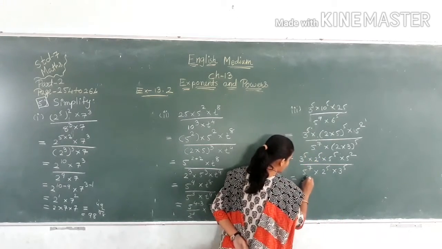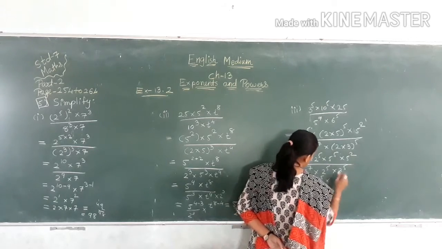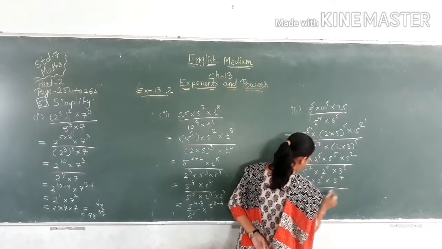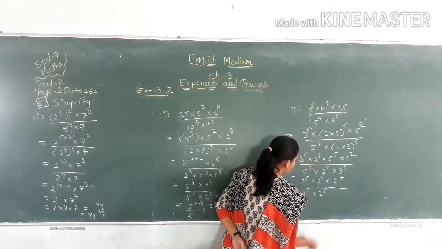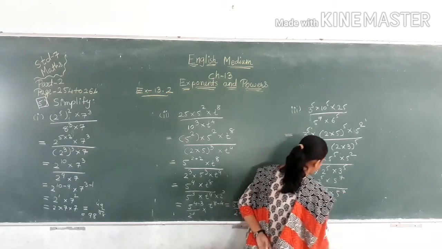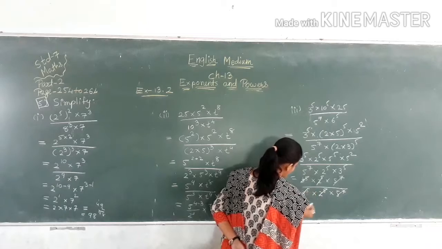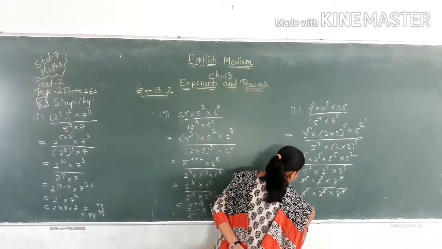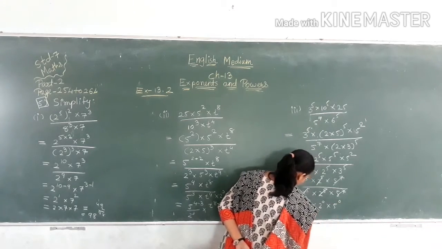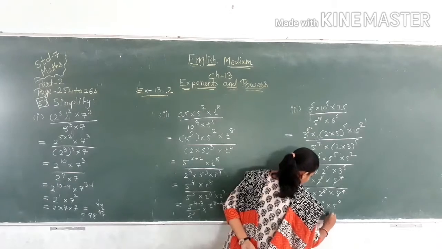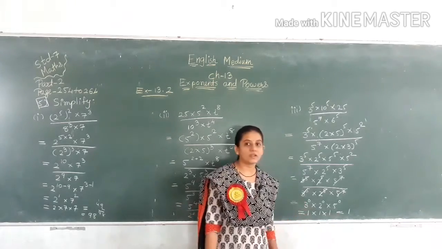Now 3 raised to 5, 2 multiplied by 2 raised to 5, multiplied by 5 raised to 5 plus 2 is 7, out of here 3 raised to 5 multiplied by 2 raised to 5 multiplied by 5 raised to 7. The 7s cancel, the 2s cancel, 3 raised to 5 cancels. What is left? 3 raised to 0 multiplied by 2 raised to 0 multiplied by 5 raised to 0. So 1 multiplied by 1 multiplied by 1. Last we get the answer 1.